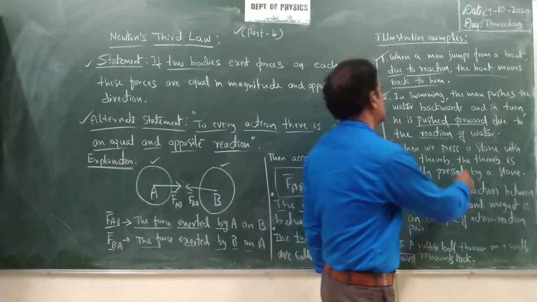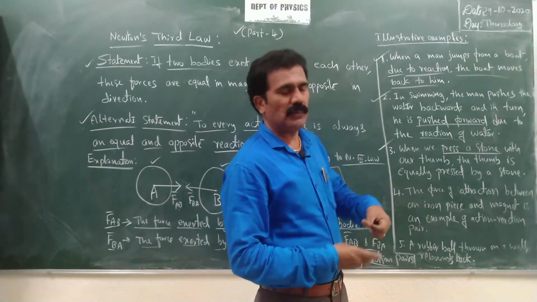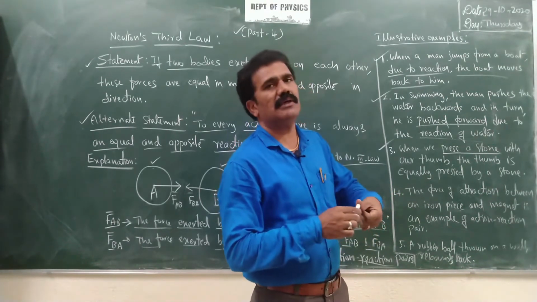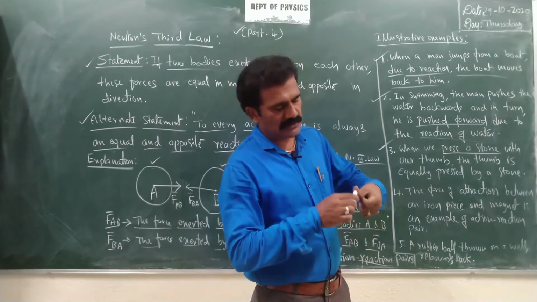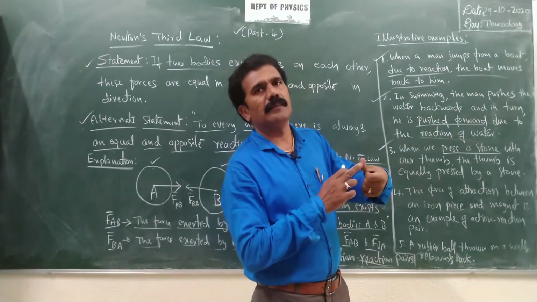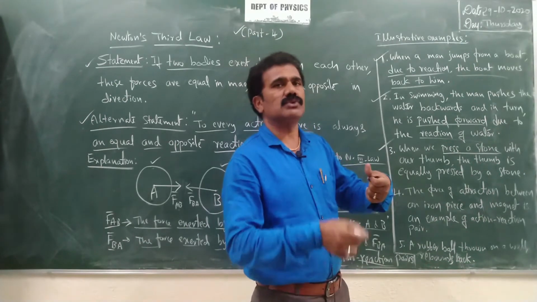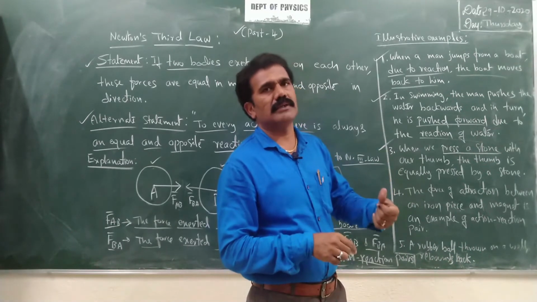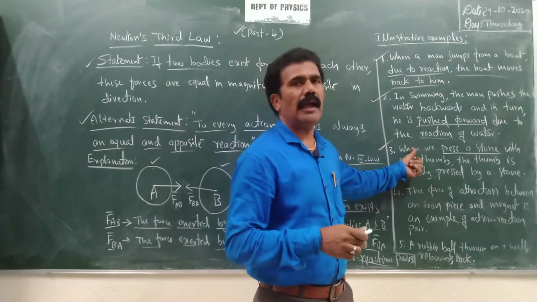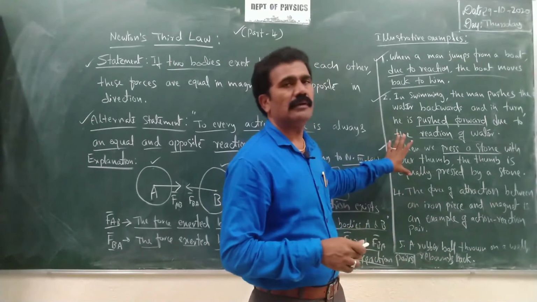When we press a stone, a simple example, if you just press a stone with the thumb like this, the thumb is equally pressed by the stone. You can observe that: just press the stone with your thumb and then look at the finger. Some dip is observed on the finger. That is due to the reaction by the stone on the finger, isn't it? So action is by the thumb on the stone, reaction is by the stone on the thumb. Like that you can observe the action and reaction pairs are equally acting on each other. You can give this as an example for Newton's third law.